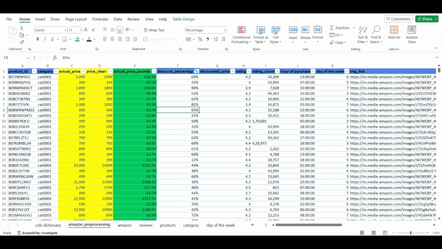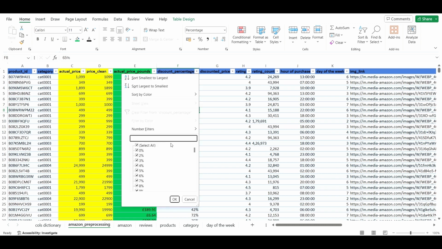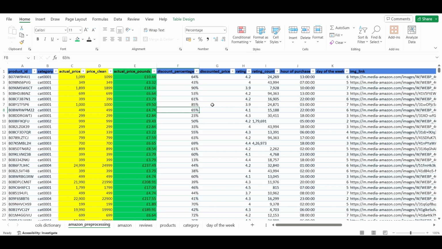I don't think we need to make any changes unless there are blanks in this column, which I don't believe, so that's fine. Here we have the discounted price. So we don't want 64% of 1044. We want 64% off £10.44. So to do that, we're going to need to do 100% minus 64%, and then we can times that